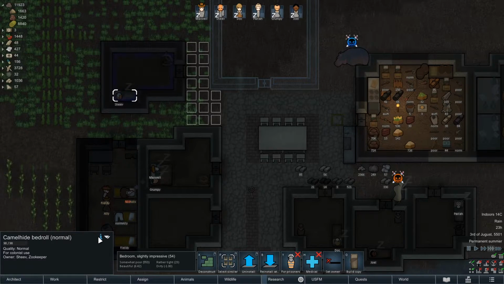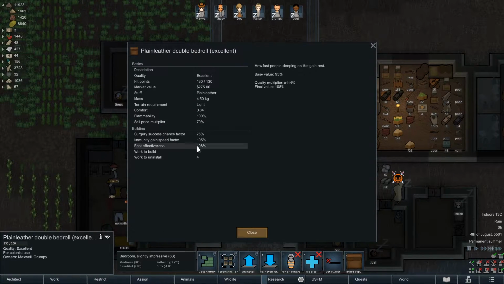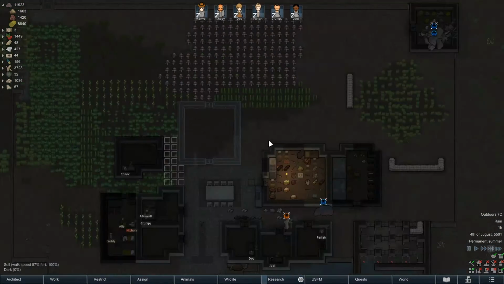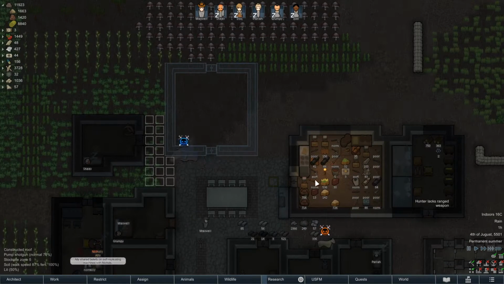68%, and in a bedroll, 69%, and that's normal. So this is a lot better than this. An excellent double bedroll gives us 76. Quality is so important. 70% surgeries. Well, we're not really doing any surgeries, are we? Like, we're not going to be installing bionics until we can research them, so...